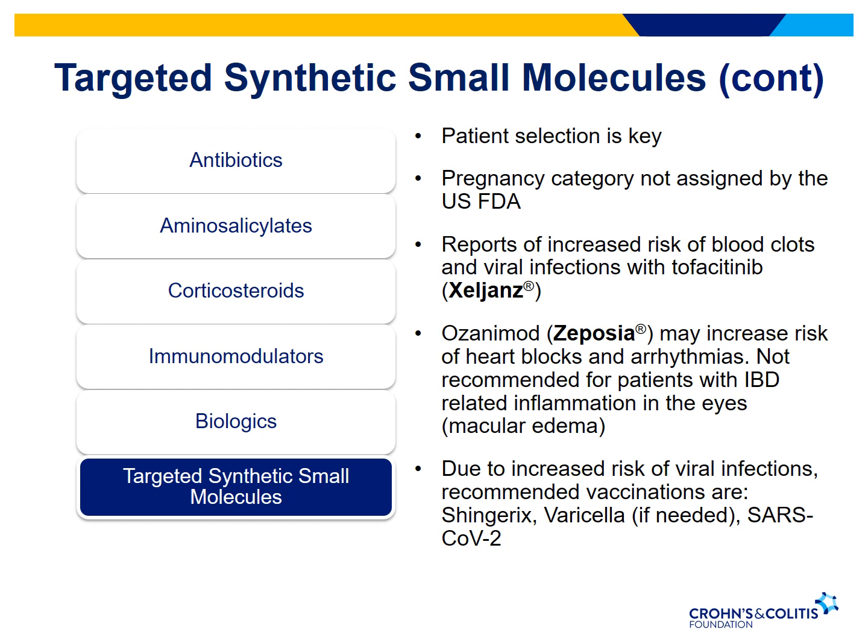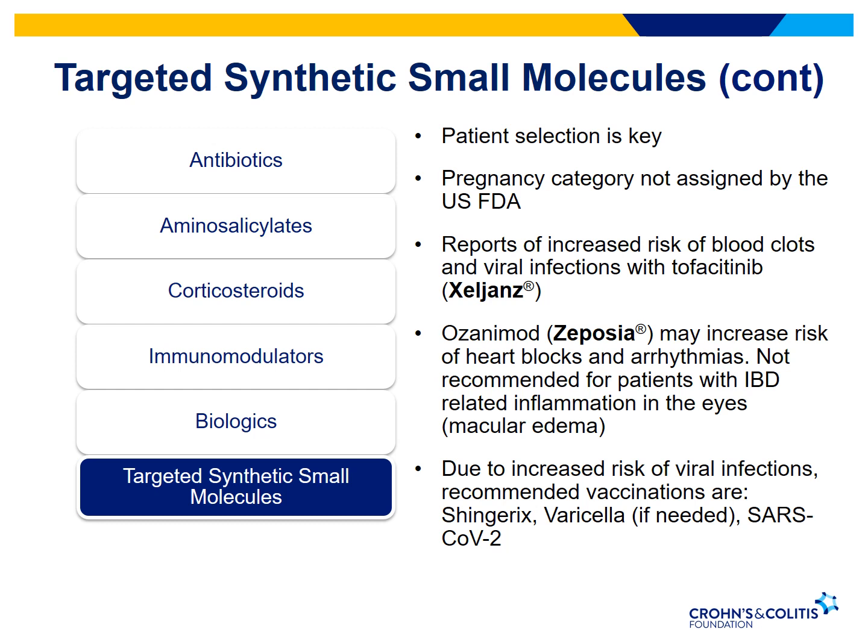Specifically, Ozanimod has been associated with increased risk of slowing the heart rate down with heart blocks and slow heart rhythms. It should be avoided in patients that have had inflammation in the eyes, because it can cause swelling of the optic nerve. Both of these medications do increase risk of viral infections, so certain vaccines should be